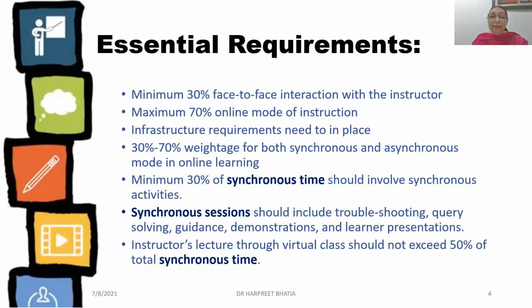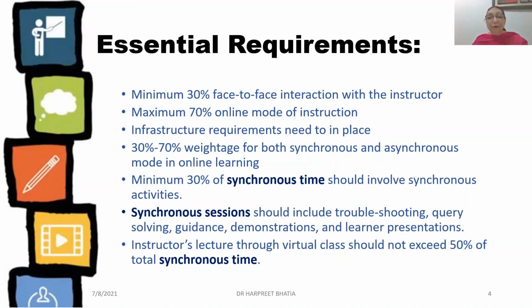So for that purpose, we need to have at least 30% face-to-face instruction interaction with the instructor, and at the maximum online instruction needs to be of 70%. So like we had said earlier also, blended learning is a combination of face-to-face and online mode of instruction. So between 50 to 70% online instruction and between 30 to 50% face-to-face instruction is what is an ideal combination